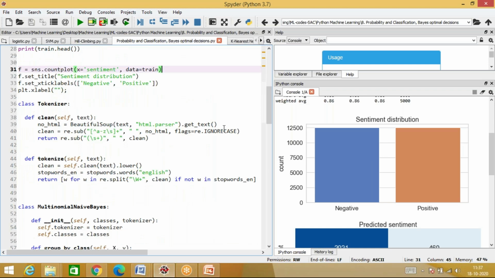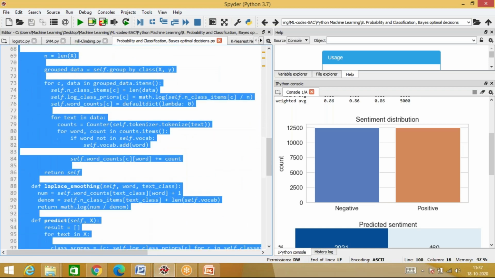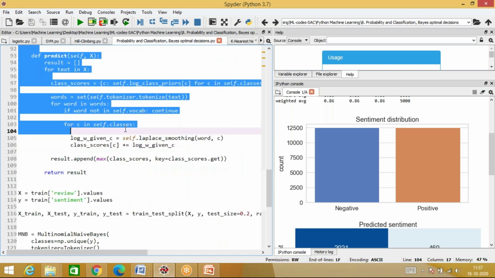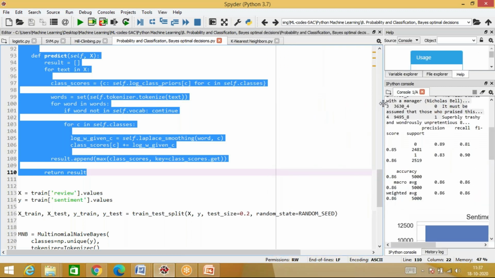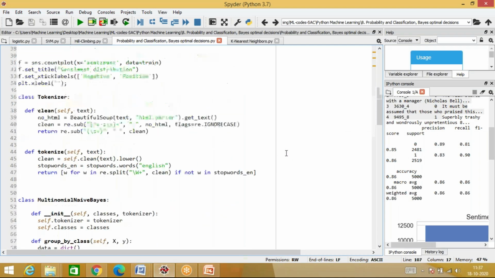Now you will actually start with the Bayes theorem. Now guys, observe this from line number 36 to line number 110. This part of the code will never ever change. Now, what is this? I'll come to that later. Just look at what this is. I have this class called Tokenizer.